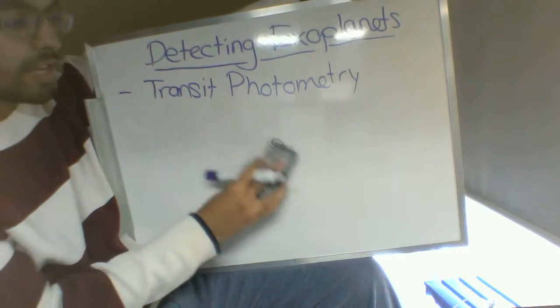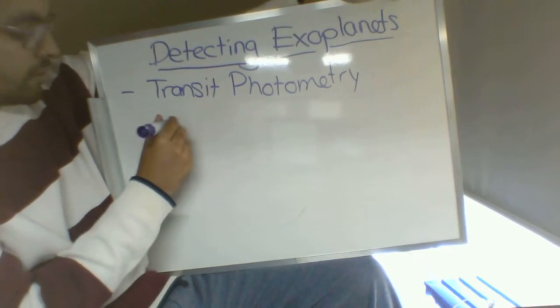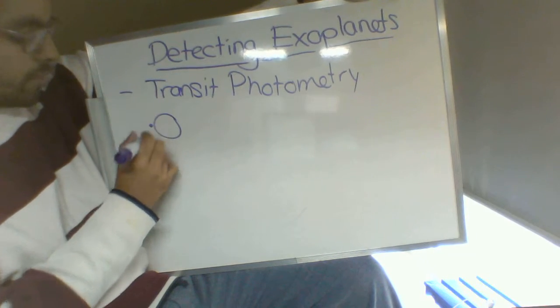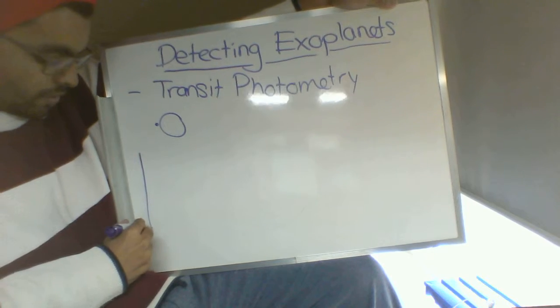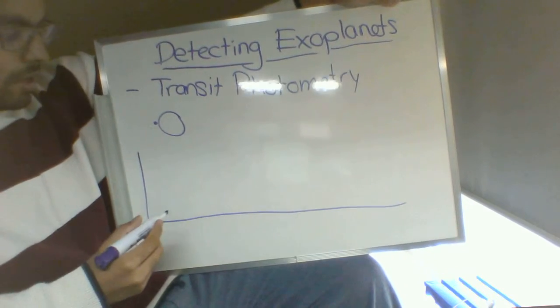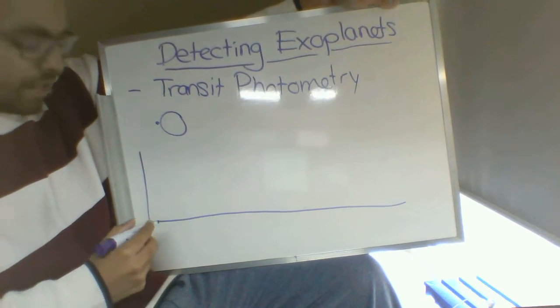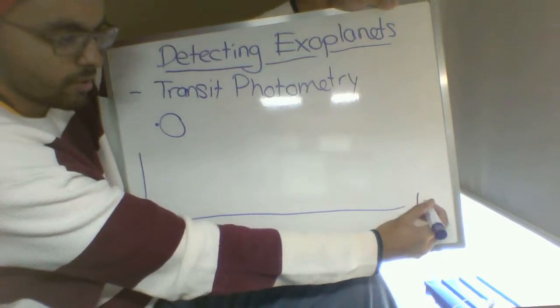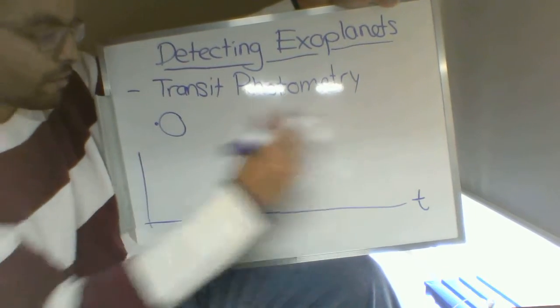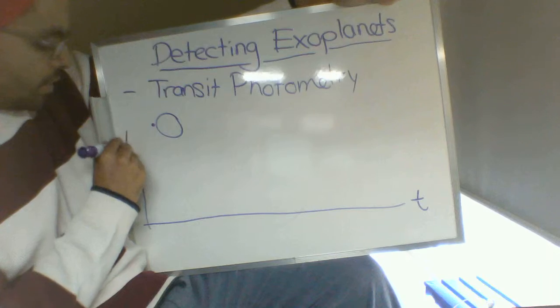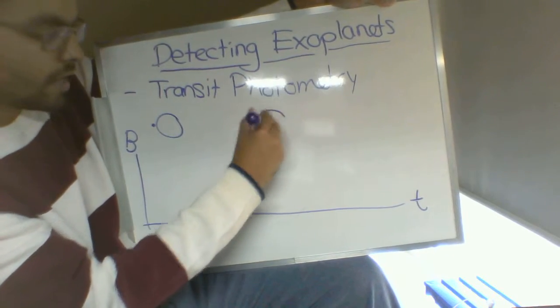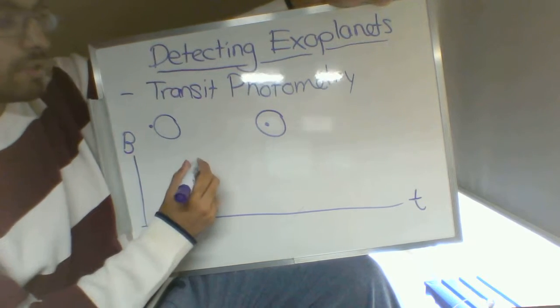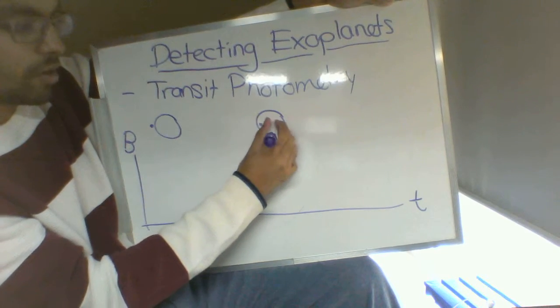What you try to do instead is you take the star here, and the planet is about to begin its transit, and you measure the light level of the star over time. So your graph is going through time and you're measuring the brightness B of the star. You've got before the transit, during the transit, when this planet is moving across the surface of